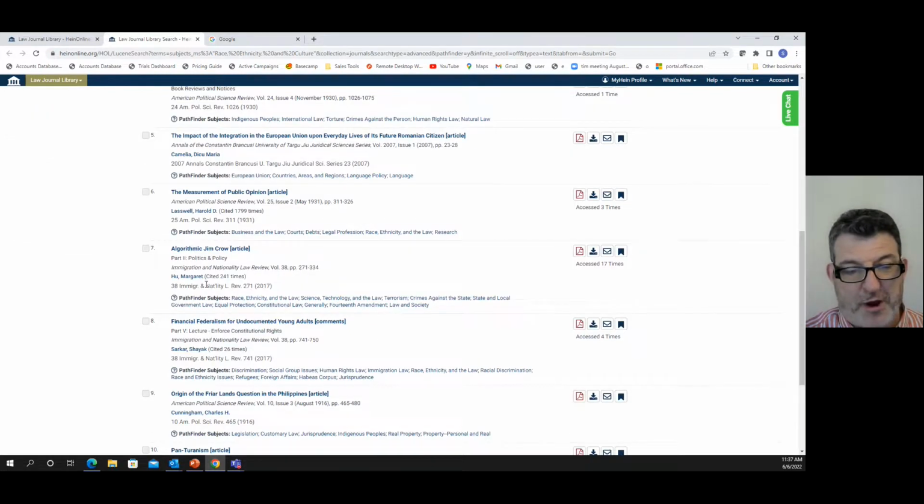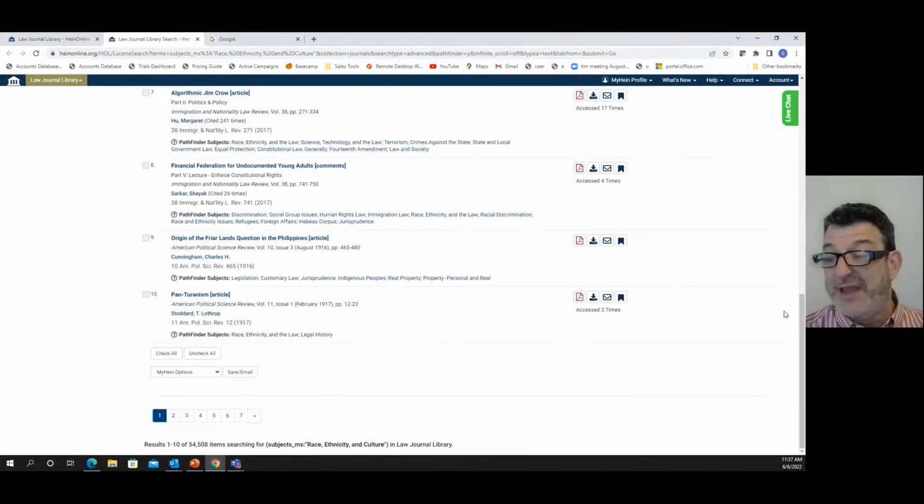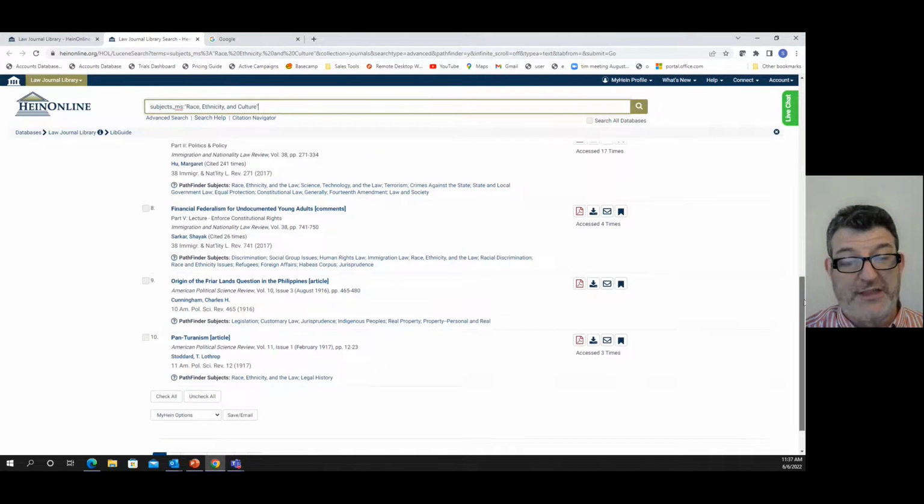Here's something about Jim Crow, here's something about federalism, here's something about friar lands in the Philippines, so we have an international aspect, the impact of integration in the European Union, etc. So we're dealing with not only race and equality and gender in the United States and race and ethnicity, but we're dealing with other countries.